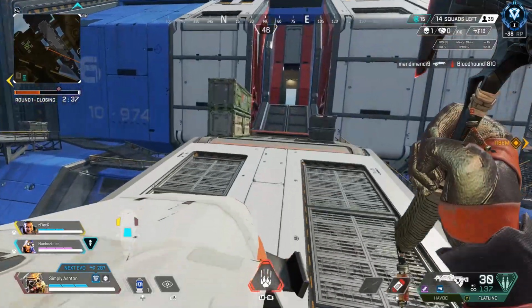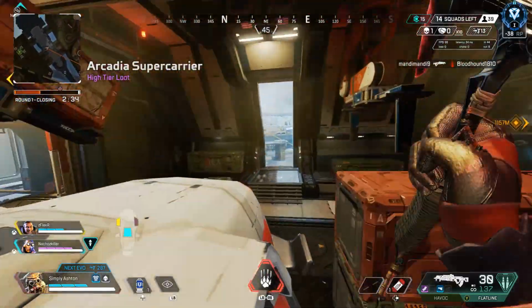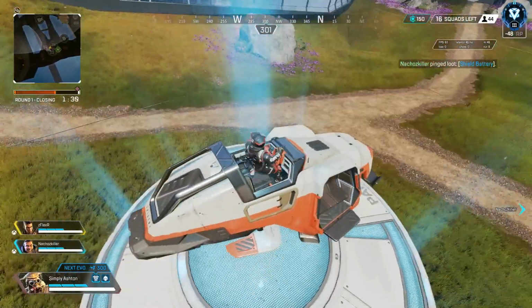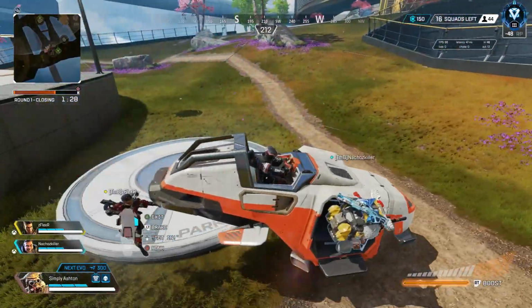Remember back to when I said about Bloodhound being able to scan survey beacons? This is where that comes in useful. So after you've looted up off of the drop and you've hopped in the Trident and driven off at full speed,